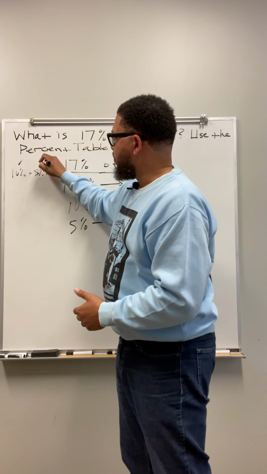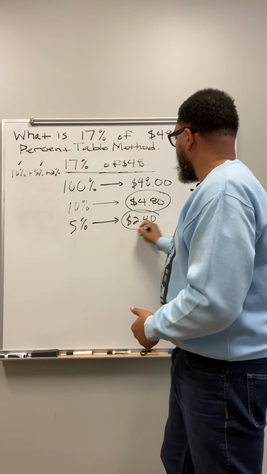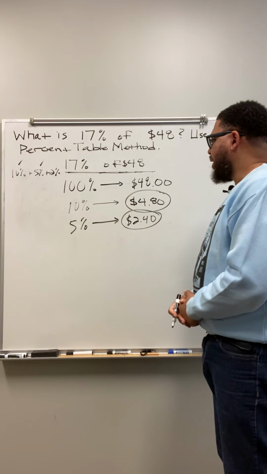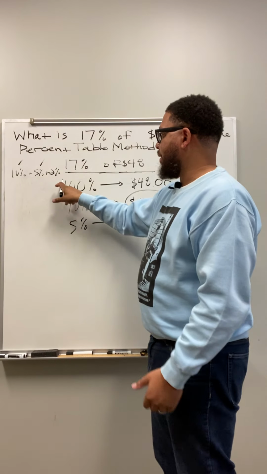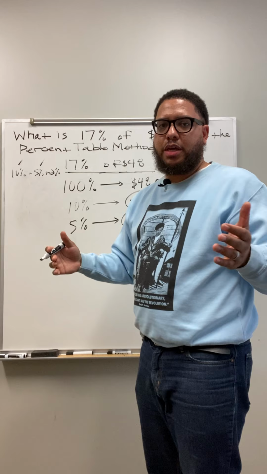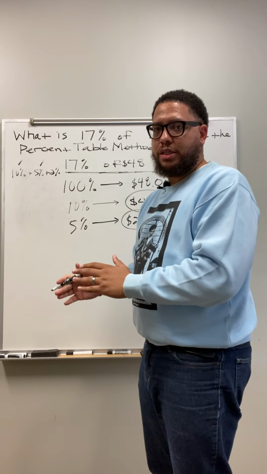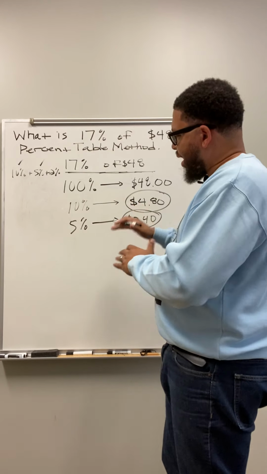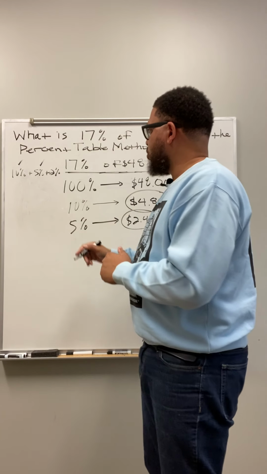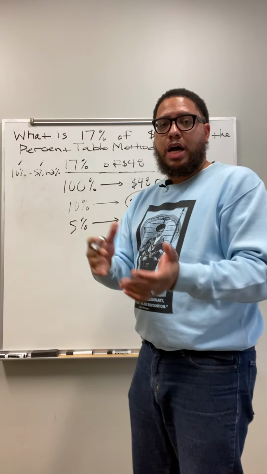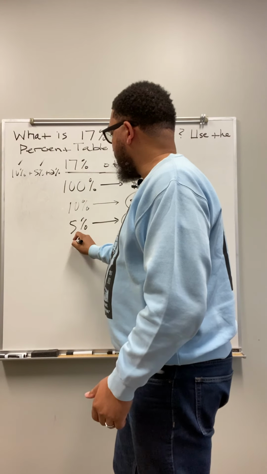So we already got our 10%. Now we got our 5%. Now we got to figure out our 2%. Now, there's a couple ways I could do this. I could divide this by 50, which I wouldn't do because that just makes it complicated. We're trying to stay away from complexity, right? Or I could divide 10 by 5, but I want to stay away from that too. What I want to do is find 1% and then double that number because 1 times 2 is 2. So I find 1%